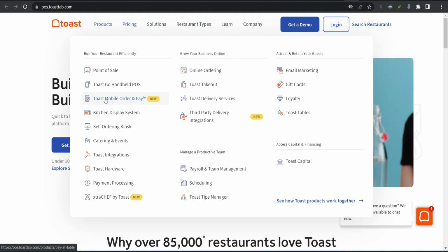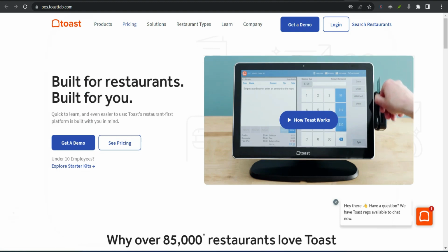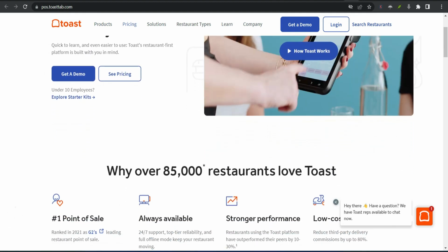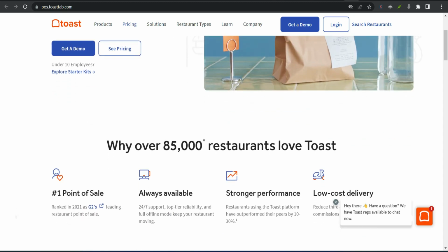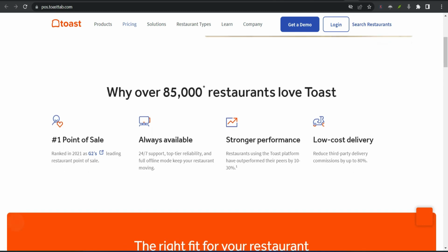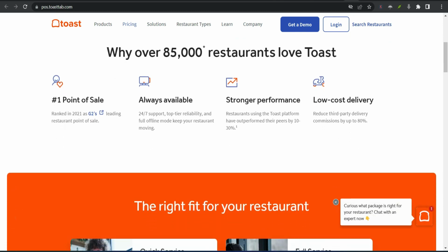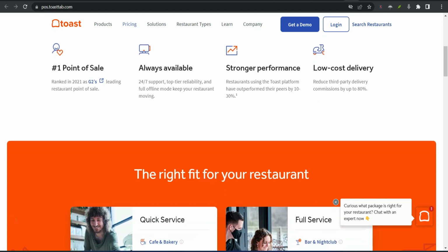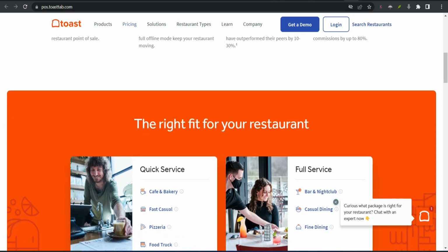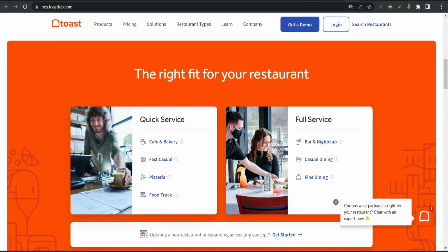Toast POS pricing and fees. Starter kit. Toast's free plan comes with order and table management, reporting and analytics, menu management, fraud monitoring in real time, 24/7 customer care, installation and configuration, and automatic software upgrades. Core. The cheapest pay plan starts at $69 per month and allows you to customize which hardware you utilize. This plan enables access to multiple add-ons that are incompatible with the starter kit plan, including team management tools and